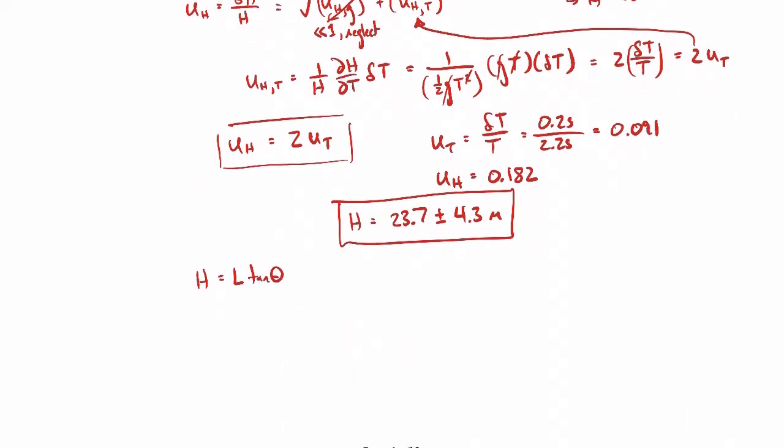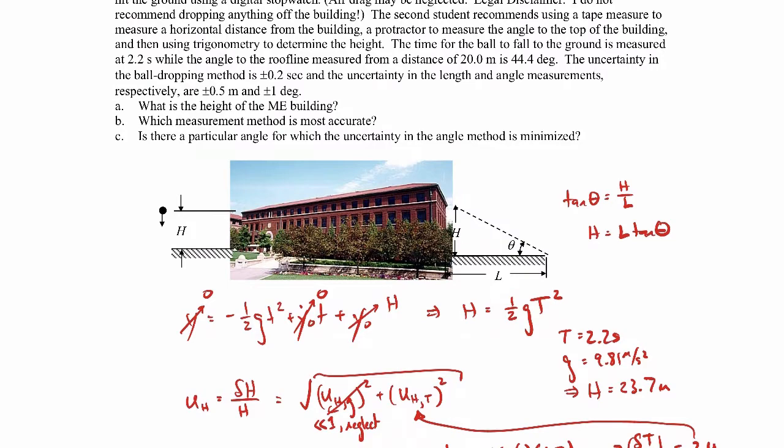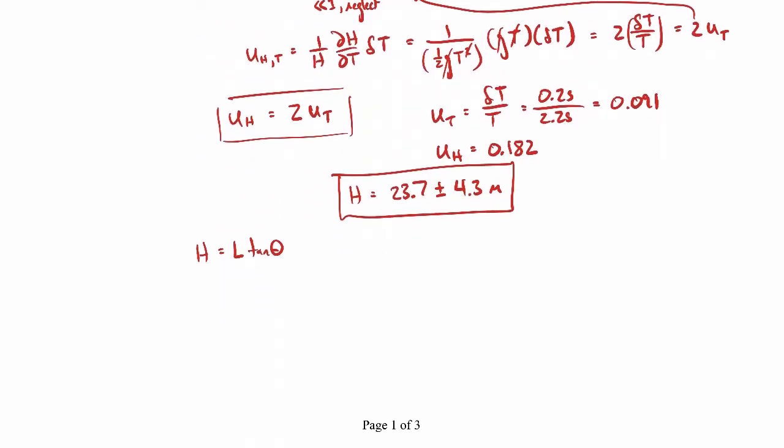So we have our measurements here. So we're told in the problem statement that L is 20 meters and theta is 44.4 degrees. So if you plug in the numbers for that, you'll get H comes out to be 19.6 meters. So a little different than what we found up here. Here it's 23.7, here it's 19.6, but you got to remember there's a decent amount of uncertainty in the ball dropping method,